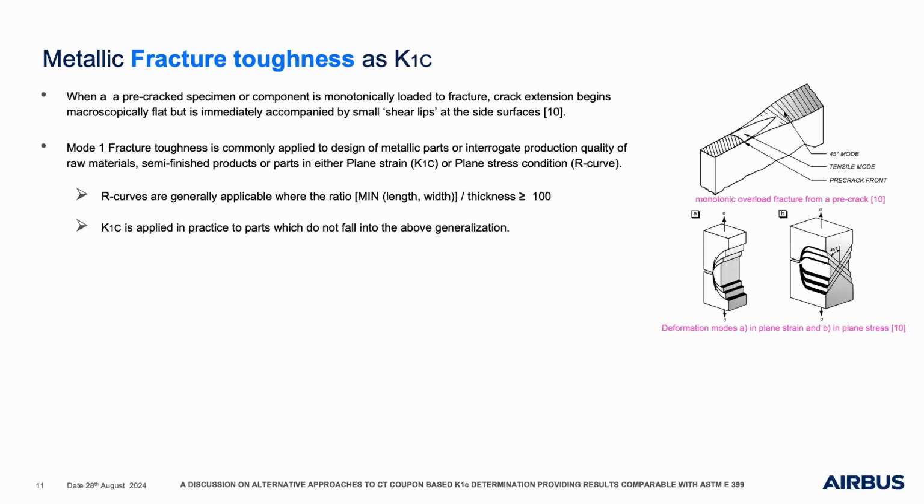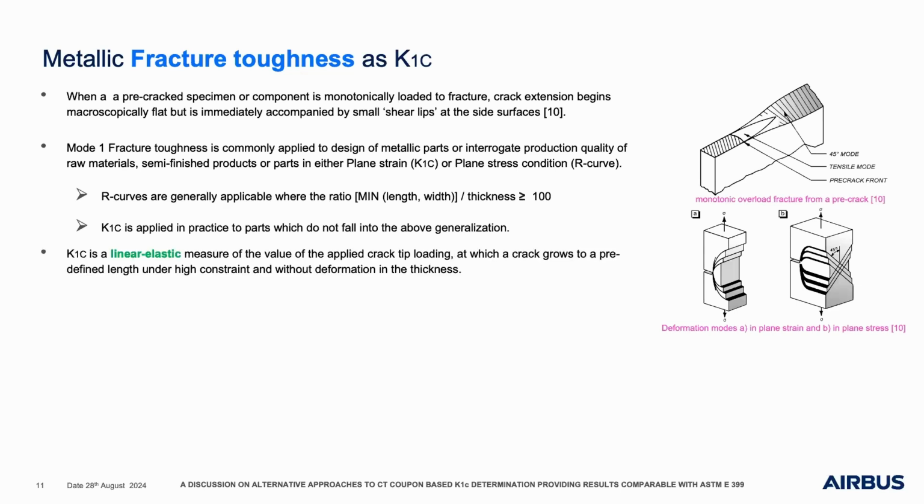and Van Til. Mode 1 fracture toughness is commonly applied to design of metallic parts or interrogate production quality in industry. Our curves are generally applicable where the ratio, we say, is a minimum of, say, length to width over thickness is over 100. And K1C, by contrast, is applied commonly where this above generalization, which is stated,